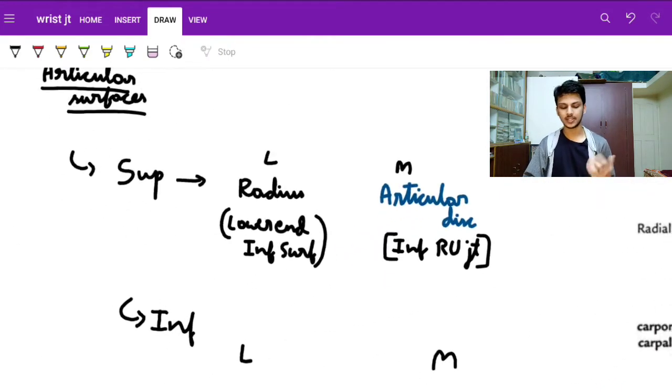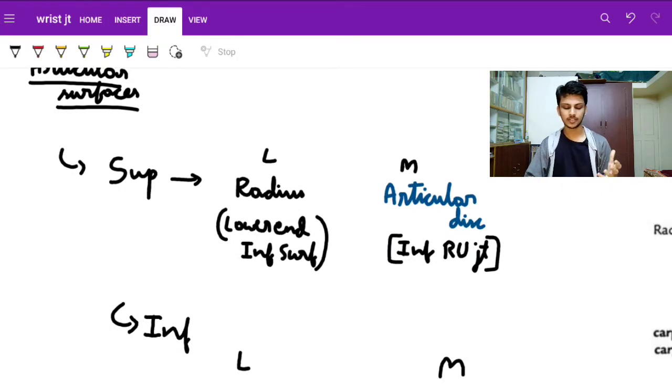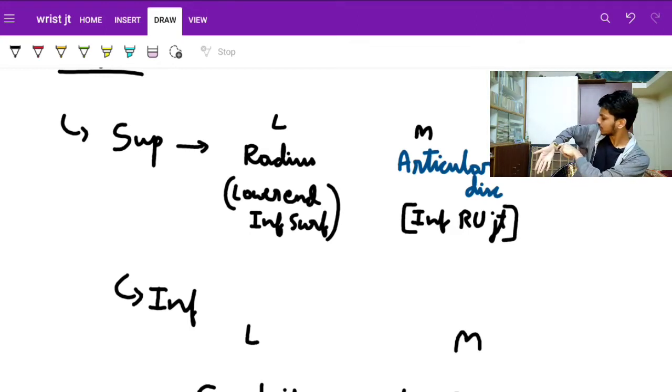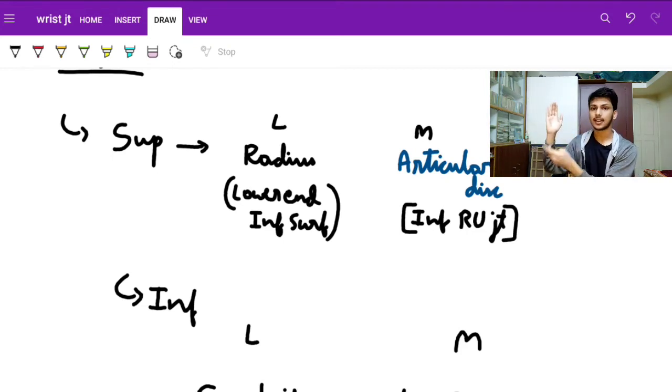Now let's see the articular surfaces of the joint. See, this is a wrist joint, right? So guys, in the anatomical position it is like this. This is the superior aspect, this is the inferior aspect. In the superior aspect there are two bones, radius and ulna. In that, radius is forming the joint because the wrist joint is also called the radiocarpal joint, between the radius and the carpals. Why not ulna? Because between the ulna and the wrist there is articular cartilage. We will study that now. So there is articular cartilage, radius, and here there are proximal carpals.